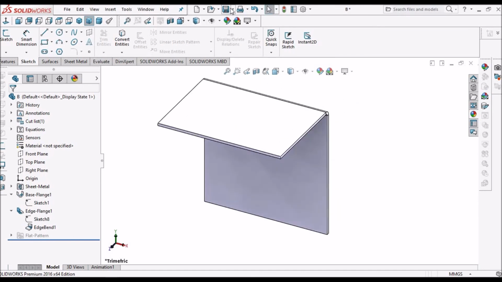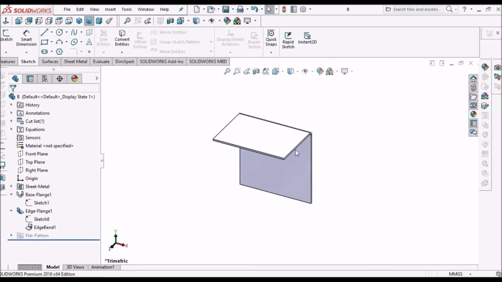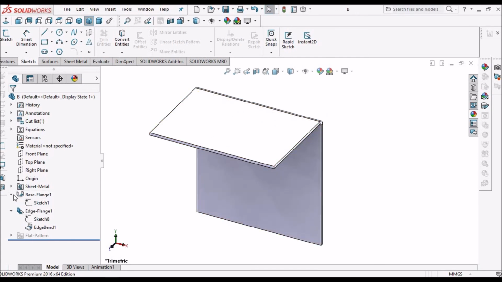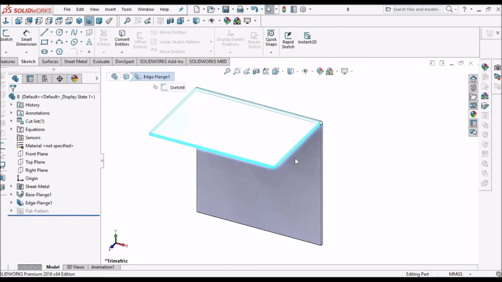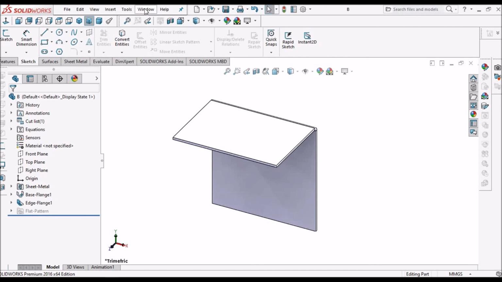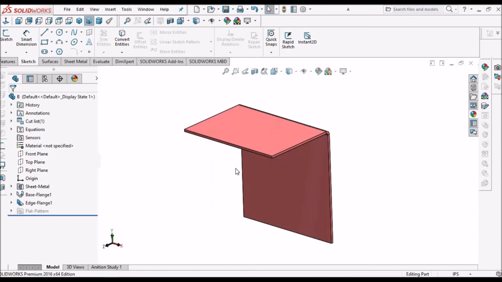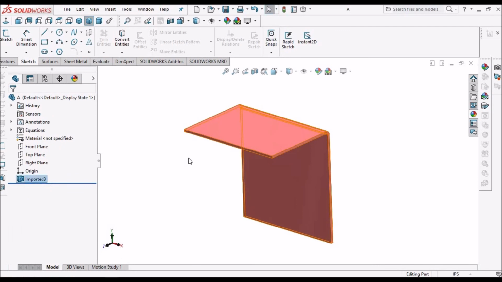Now our new component, which I have named B, has sheet metal features, base flange and edge flange. So our new component is ready. So we can use it for drawing. And this is the imported feature.